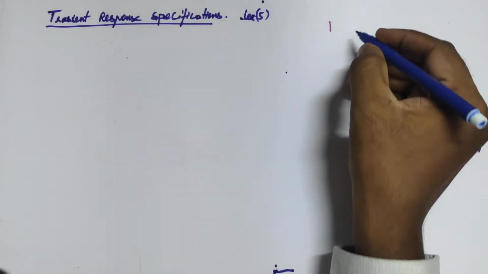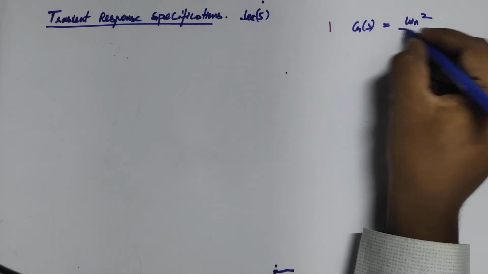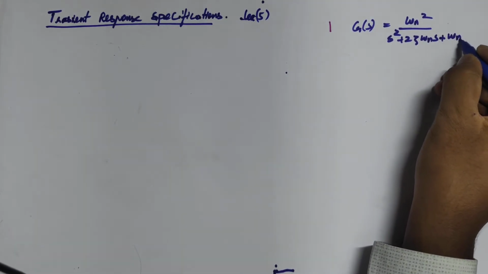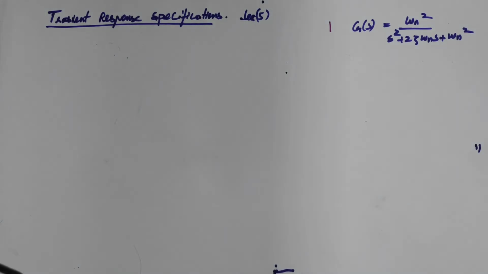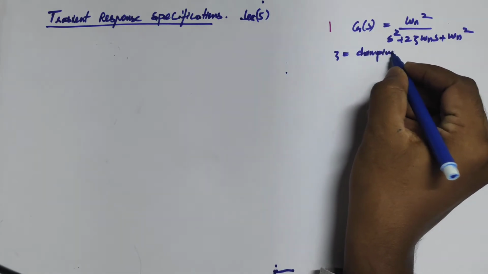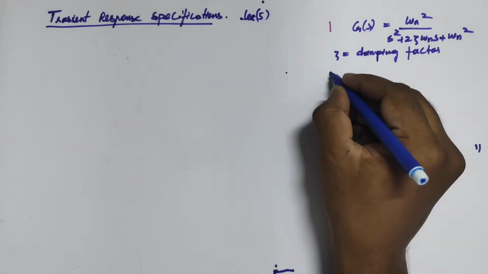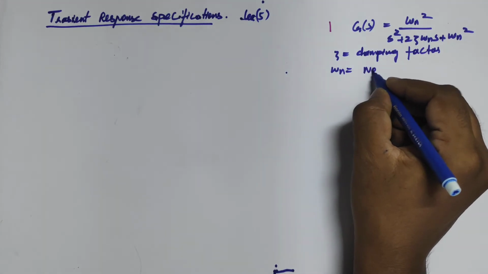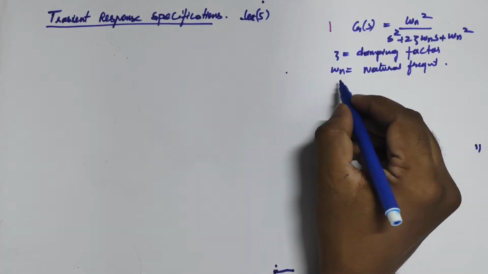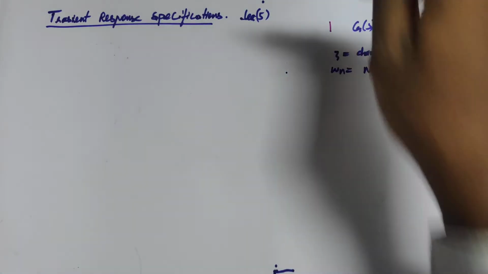As we know, the standard transfer function of the second order system is zeta omega n square by s square plus 2 zeta omega n s plus omega n square. In this, zeta is the damping factor, omega n is the natural frequency, and finally for the second order system we obtain the output,